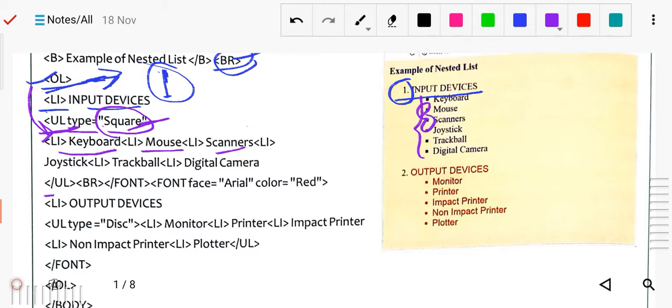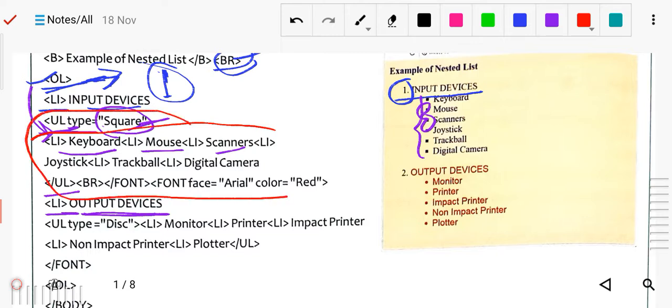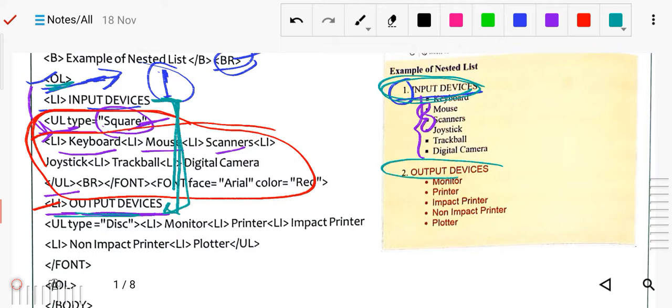Then after we close this unordered list, again we use the list output. In this section the work of the unordered list is over, from here to here the unordered list is over. Now again the list output means it will work here, these two will work. Then after this the same will display, this is the ordered list 1. Now this is the next for this ordered list, this output will be again for the ordered list.